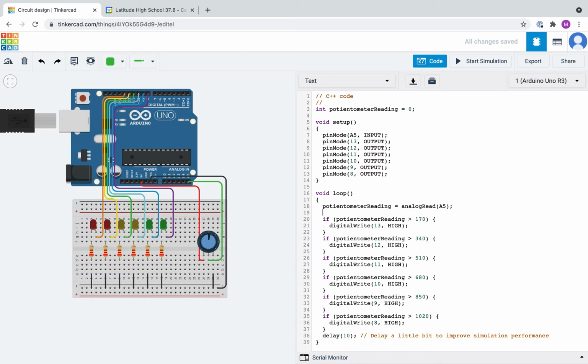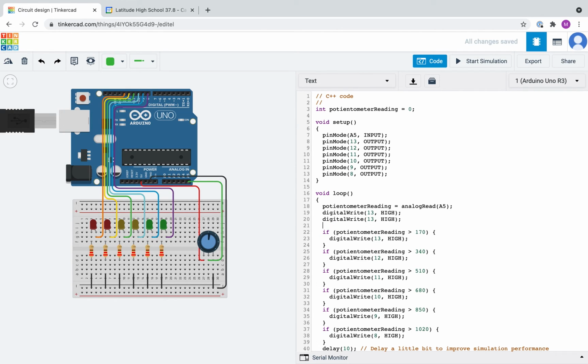We could check at each condition and check to see if the potentiometer reading is less than a certain threshold and turn those conditions off. What I'm going to do instead, at the very beginning,